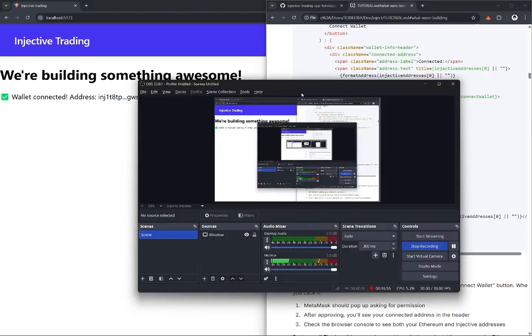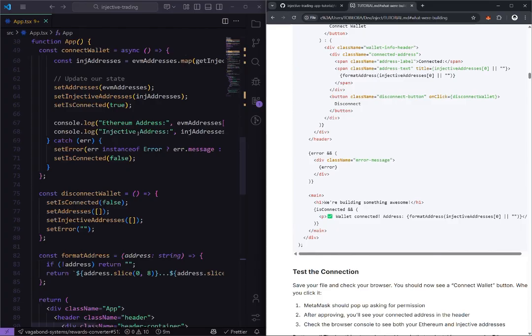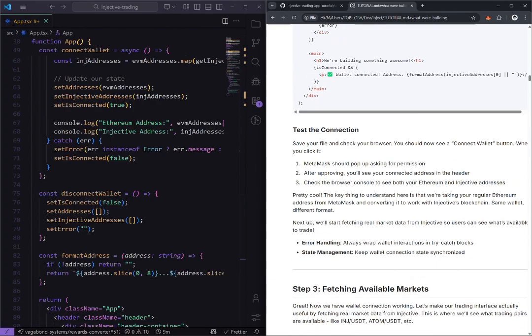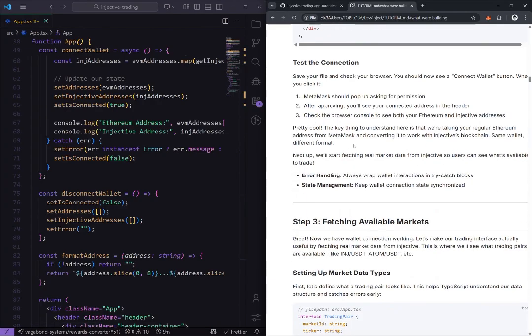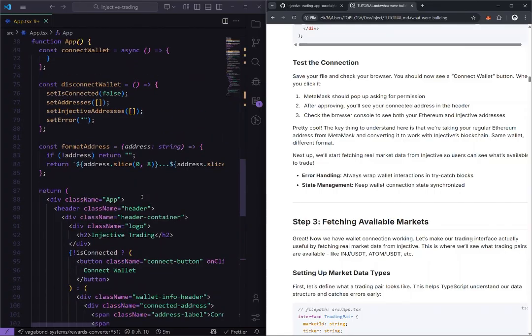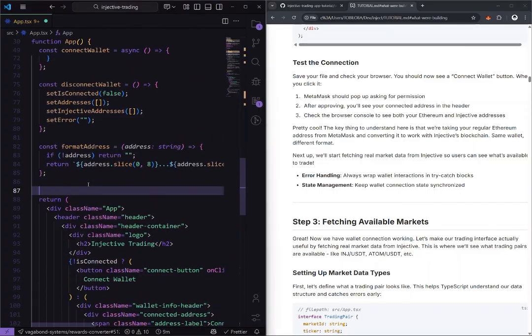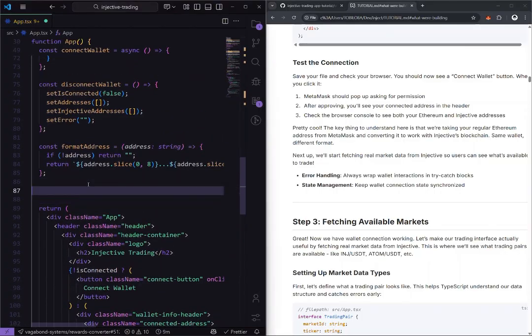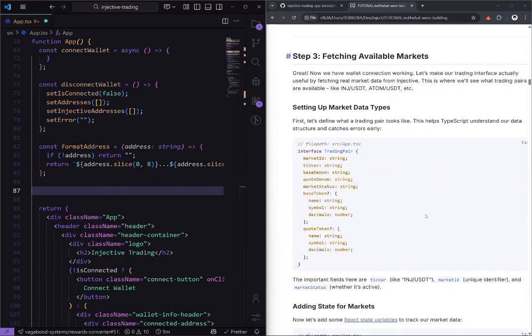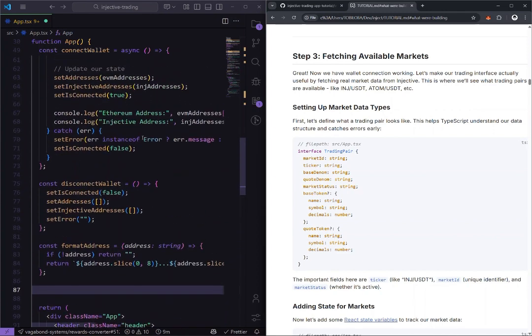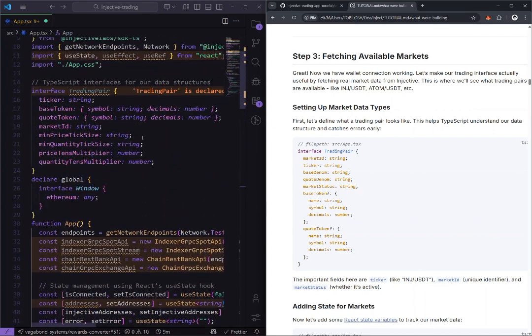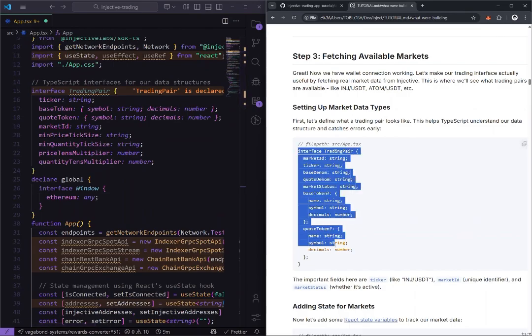So let's continue. We've tested it. What next on our timeline is for us to implement the market, so we can fetch available markets on the blockchain for us to interact with. If you notice, we declared some trading pair data earlier. So let me just